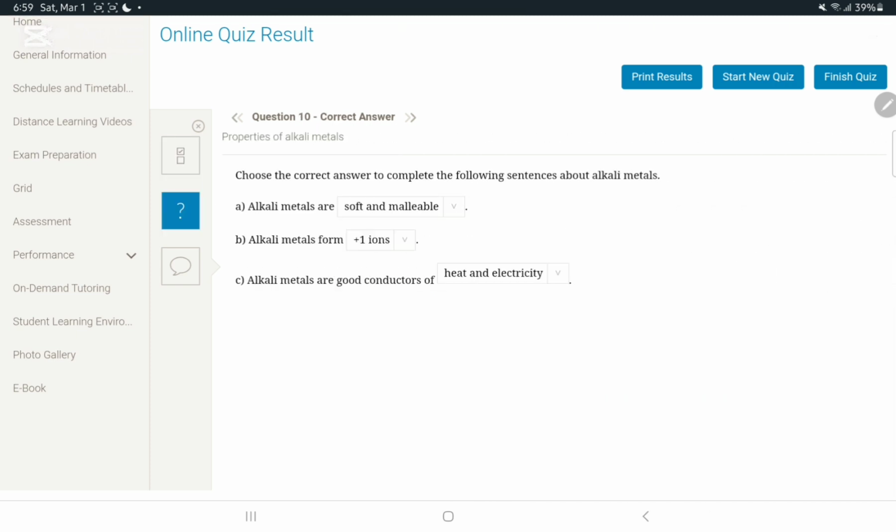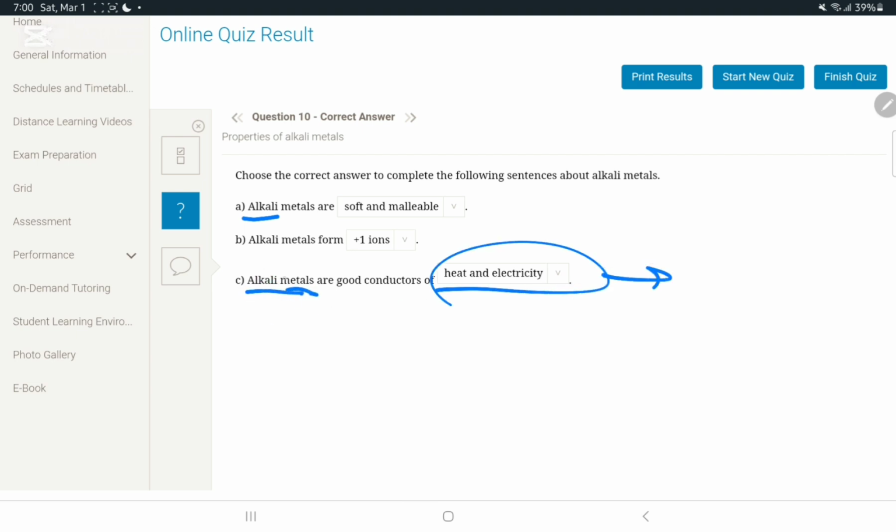Okay, now this question. It's easy, but if you find it a bit difficult, just memorize. Alkali metals are soft and malleable. Soft because it's easy to touch, it's smooth. And malleable, if you don't know what it means, it's easy to pound, easy to spread. That's why it's soft too, since you can hammer it down very easily. Since they're in group 1, they form +1 ions, and alkali metals are good conductors of heat and electricity,